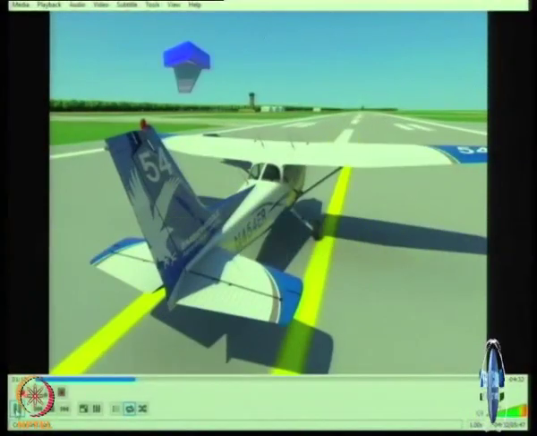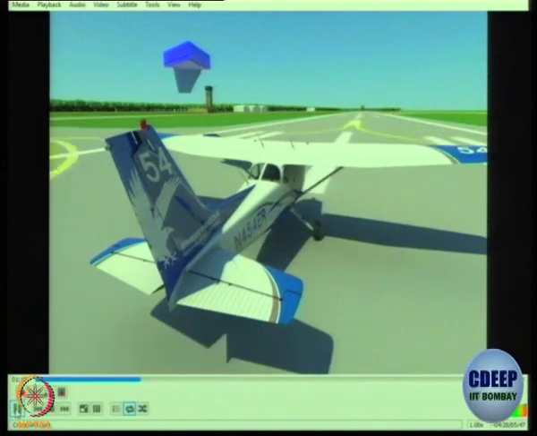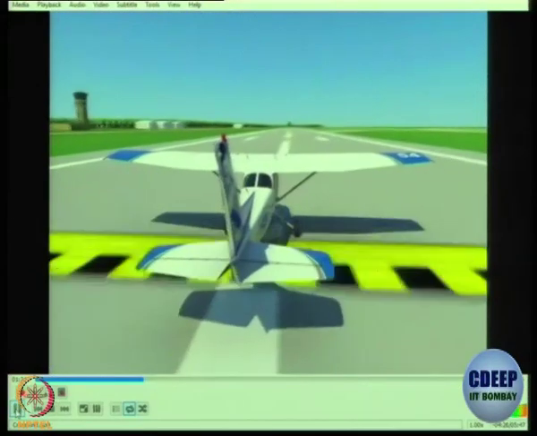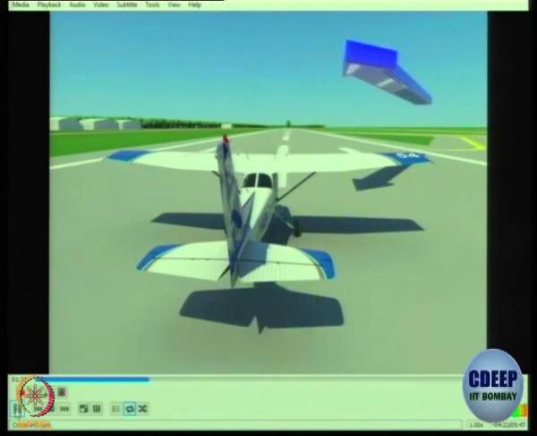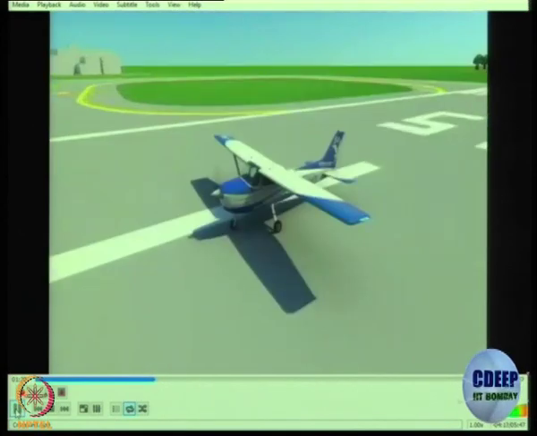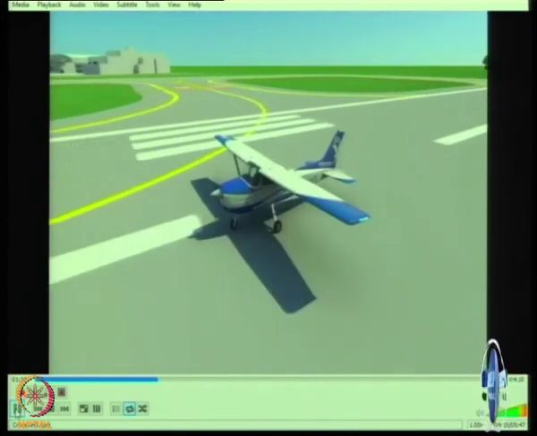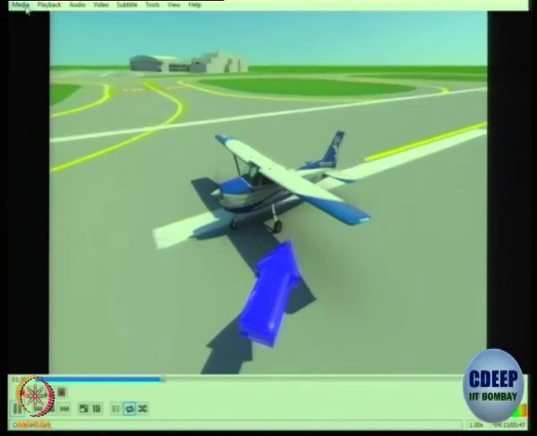Now, with the crosswind, things change slightly. If the wind blows from the left, additional right rudder will now be required to compensate for the airplane's tendency to weather vane to the left. However, with a right crosswind, less right rudder will be required as the weather vaning tendency to the right will oppose the left turning tendencies. As the airplane is accelerating down the runway, the relative crosswind component never becomes zero.